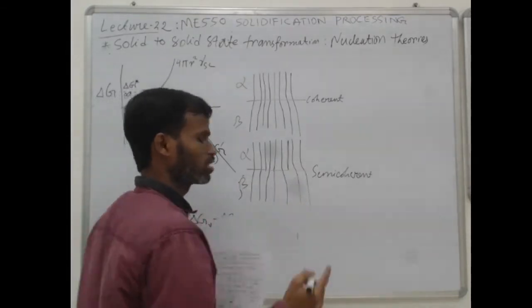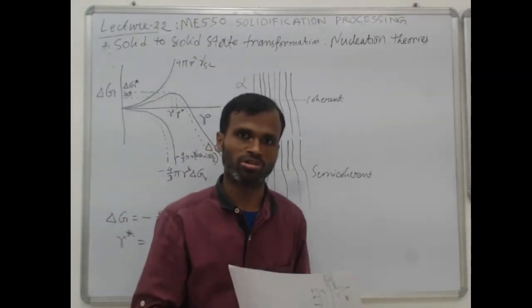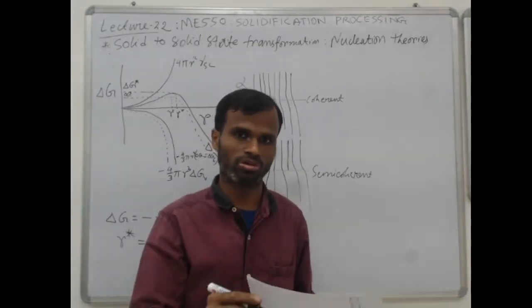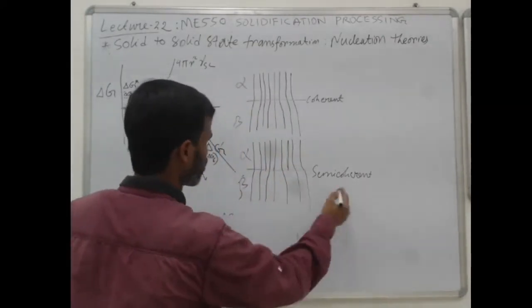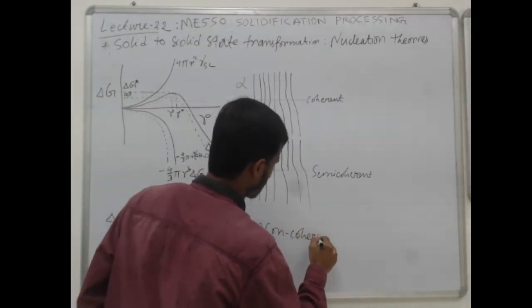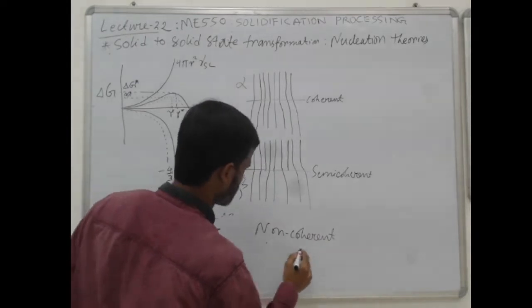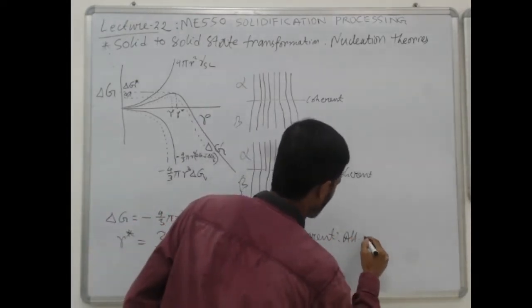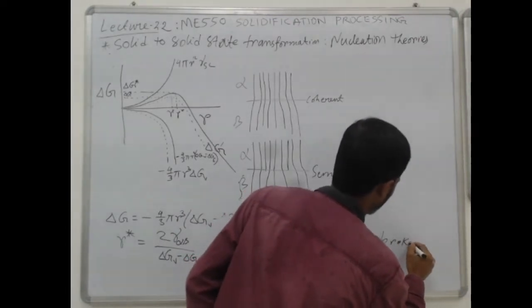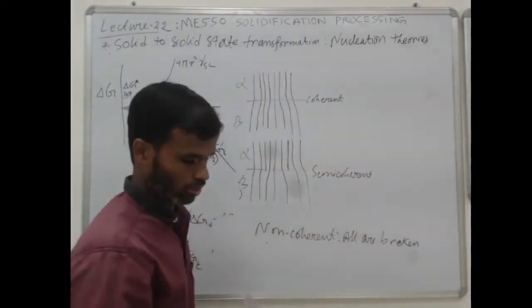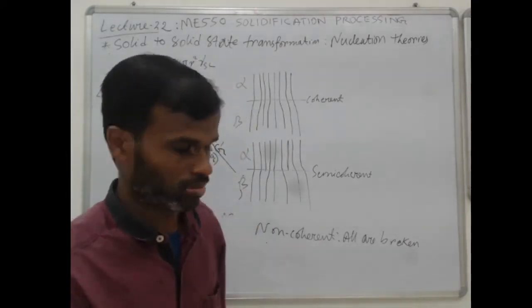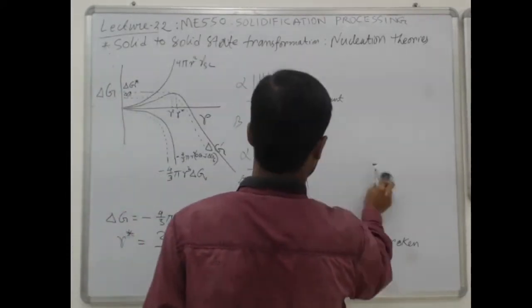there will be atomic interaction, there will be bonding, but the continuity of the crystal structure is not there. If all are broken, then it is non-coherent, meaning all are broken or disturbed. So now the delta GE term,